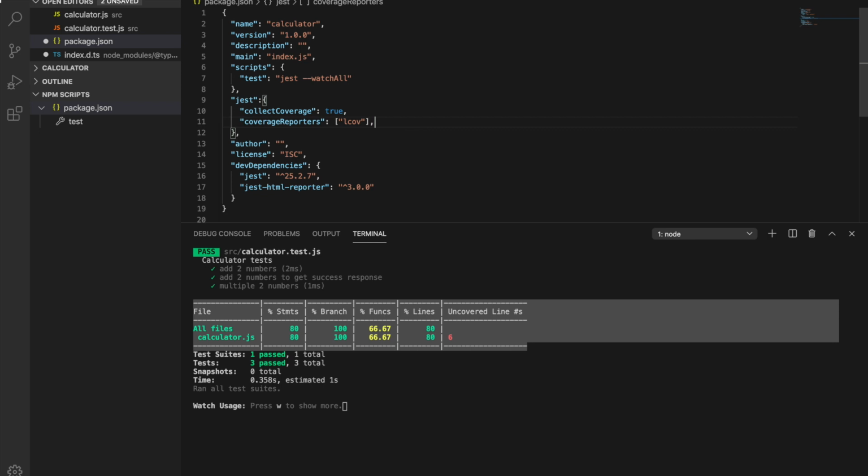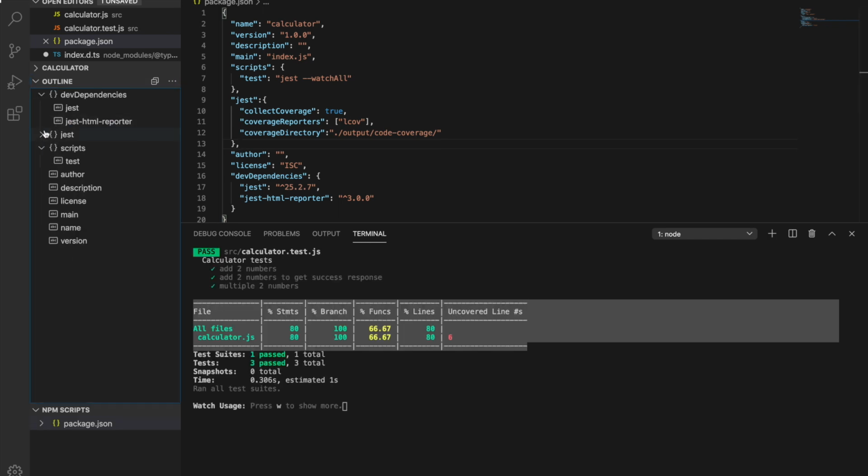And with this I also need to give where I need to save the reports created. So I'll say coverage directory, and suppose in my project root directory output code coverage. That's it.